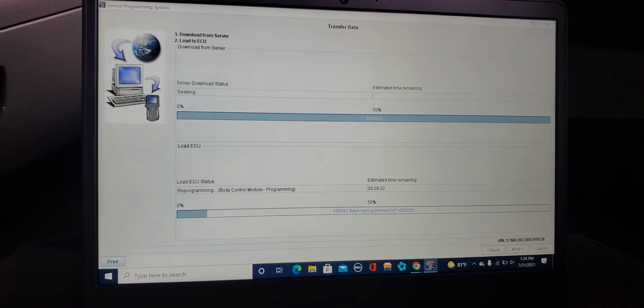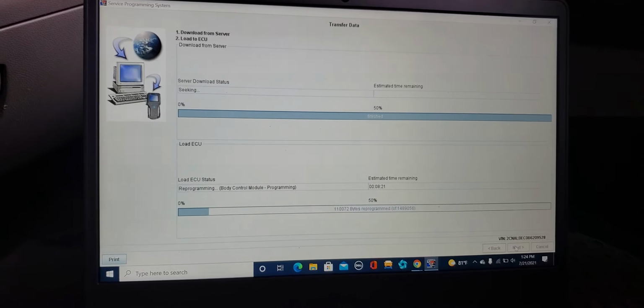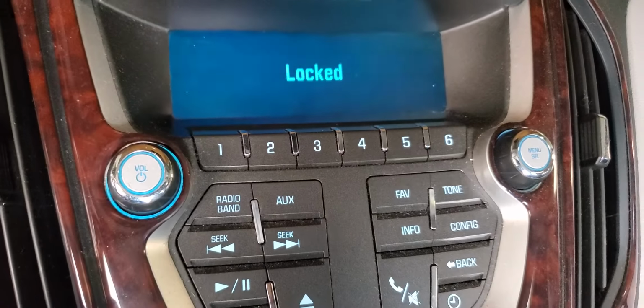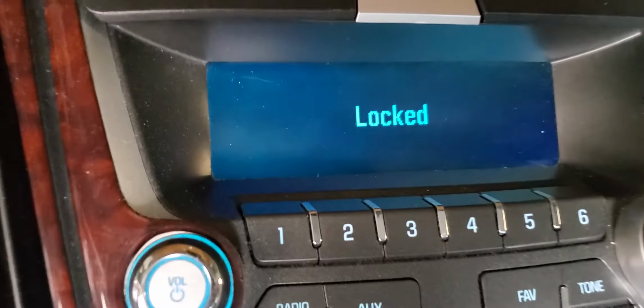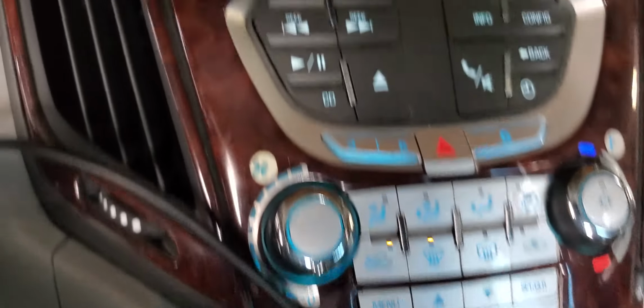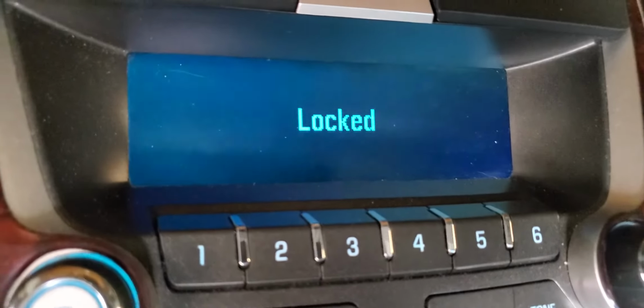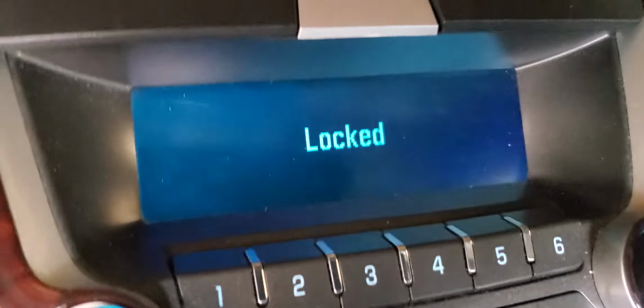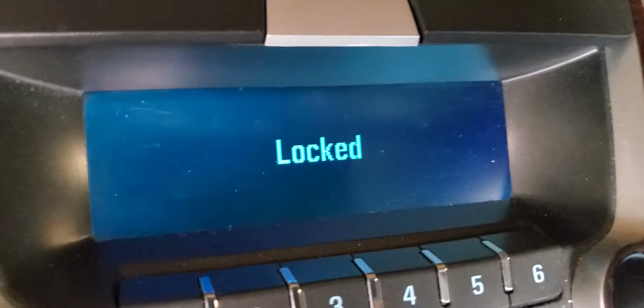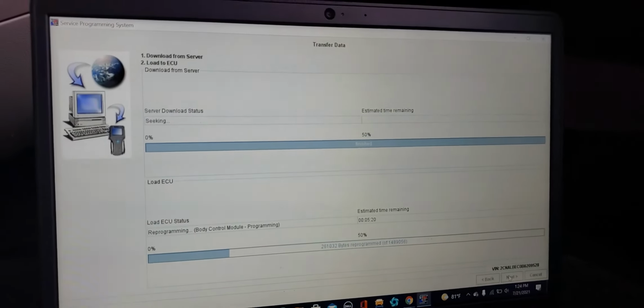After you program the car, you see that this lock may go away, because this car, they call it a unibody. And the radio that you see here, you cannot put it into another car. It will not work. Maybe some of them work, but some of them don't. So after we program the body control module, I believe this will be unlocked. Some of them work, some of them not. But now we are waiting for the computer